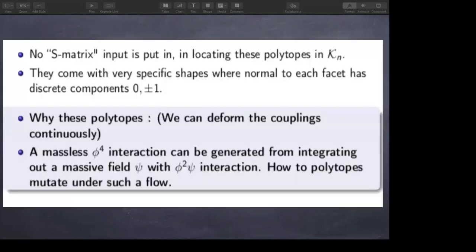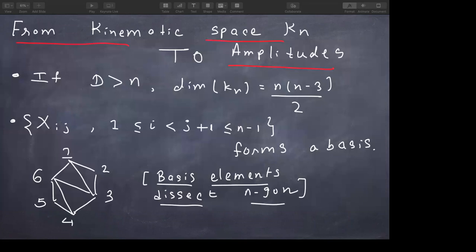So maybe I should stop here and see if there is any question. This is kind of a broad introduction to the program. Okay, I will just proceed. Yeah, but please stop me. So let me now first